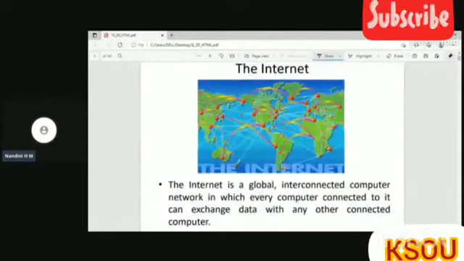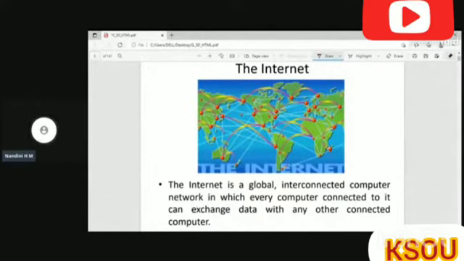So as we all know, internet is a global connection of networks, or we can say it is a network of networks, right? Here, many networks are interconnected, where systems connected to this network can share the resources. Resources may be anything, right? It may be data, text, numerical values, images, videos, etc. So internet is nothing but a global interconnection of computers using either physical medium or unguided medium.